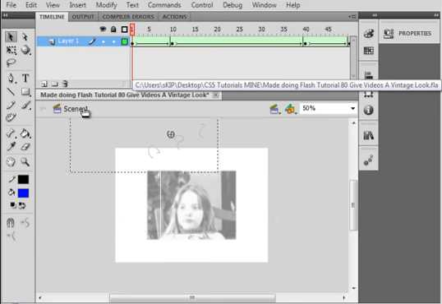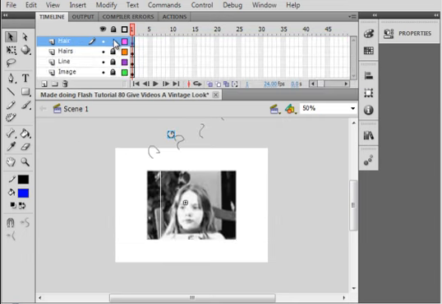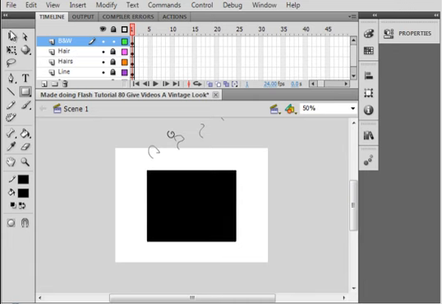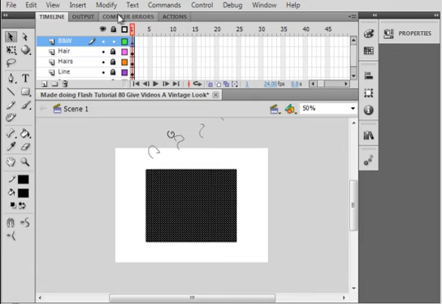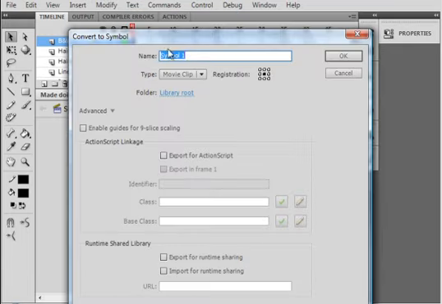One more thing I want to do. Back to the main timeline. Lock that layer. Insert layer. Call it B and W, as in black and white. Select frame 1. Pick up your rectangle tool. Make sure you have black for your fill and your stroke, and make a rectangle the size of that. Selection tool, highlight it, modify, convert it to a symbol, call it B and W, black and white,